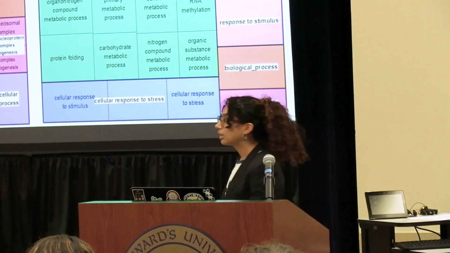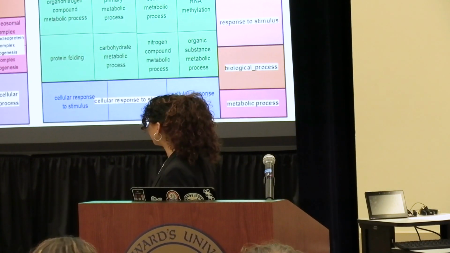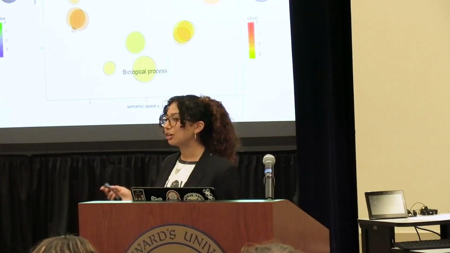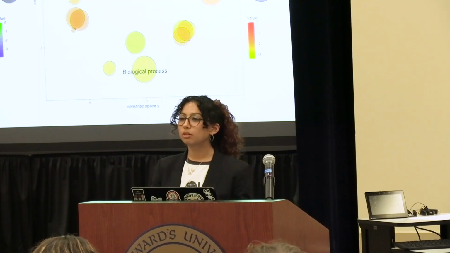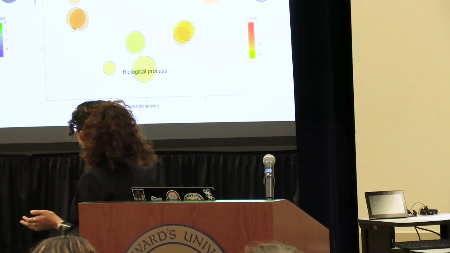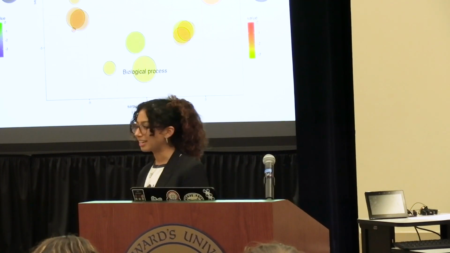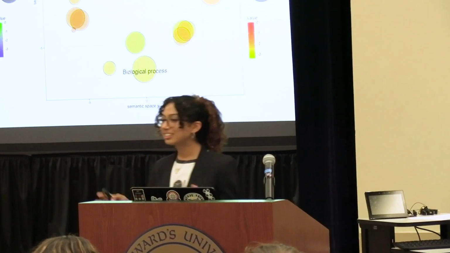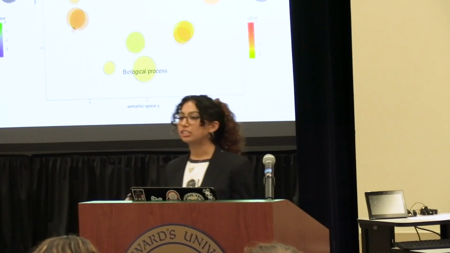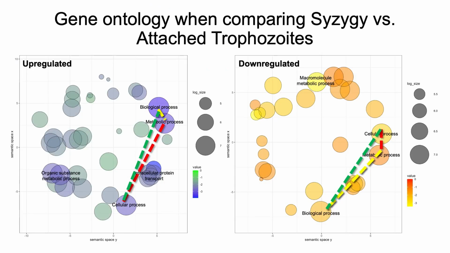From here, we wanted to get a visualization of these gene expressions. So we took these subcategories and put them into a gene ontology pathway figure. This is more of an arbitrary figure that gives a visualization of our tree map in the previous slide. Each of these circles indicates one of those subcategories from the slide before, and the size of these circles indicates the amount of genes present within that gene ontology group. The color indicates the strength of the significance for each of the groups.